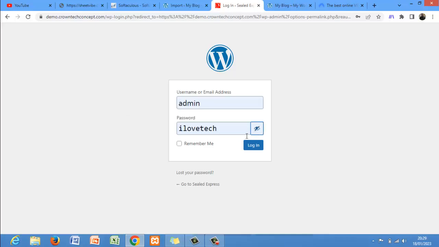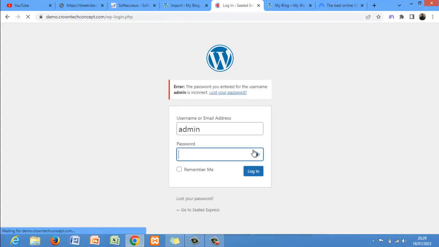Now if we try to use this password and log in, it will not log in. Can you see? So how do you enter your dashboard when you don't even know the password they were using before? What you just need to do is come to your